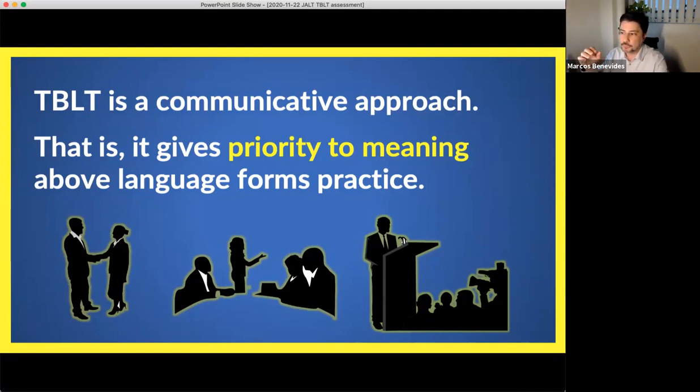But the communicative approach itself doesn't very specifically lay out how this can be done. What TBLT brings to the table, essentially, is a more systematic approach to how to do communicative teaching. But this priority to meaning is very central. It's the first important concept that we need to apply and not lose sight of.